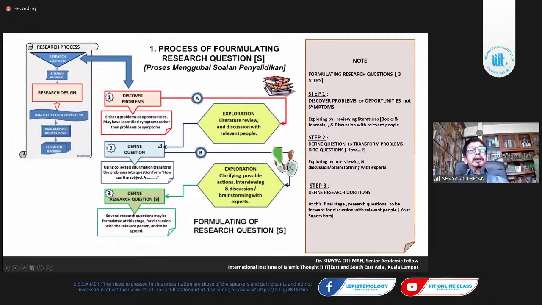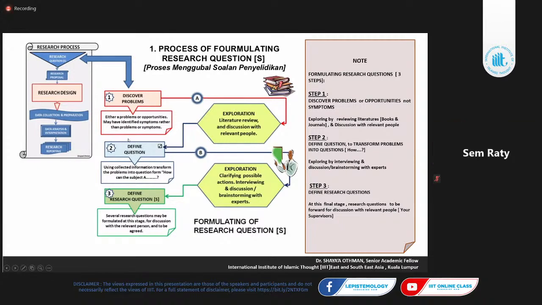Okay, in any thesis, especially a PhD thesis, you define your question using collected information, transforming the problem into a question. How did this thing happen? Why does this thing happen? Therefore, you are more confined to trying to solve the problem, or you try to find a solution or find opportunities in that area. Okay, I will tell you an example later on in the question.